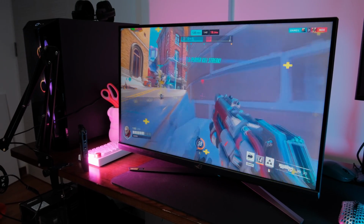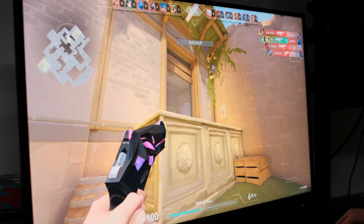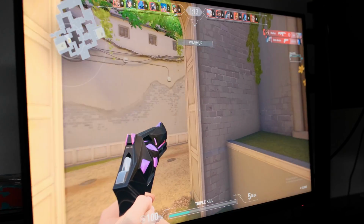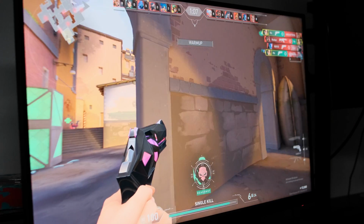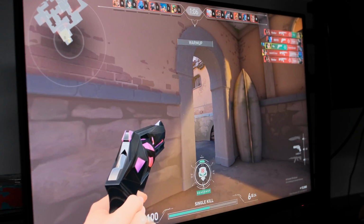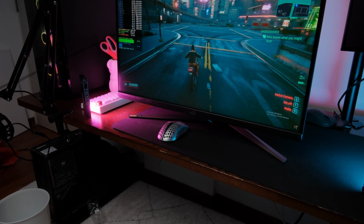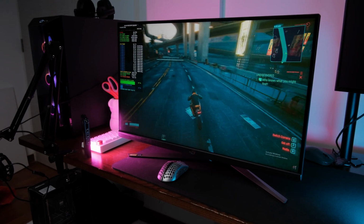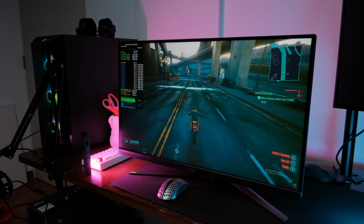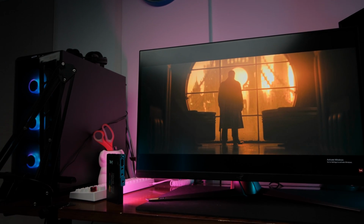So should you buy it? Well, if it's in your budget and you are rich as hell, then there's really no monitor that can do everything quite like this can. If your usage percentage is like 60 to 90% esports titles like CS, Valorant, or Overwatch, with the remaining percentage filled up with casual titles where immersion and color accuracy and visual quality matters, there is really no monitor that can give you as pleasant or as enjoyable or as high performance of an experience as the PG27AQN, at least